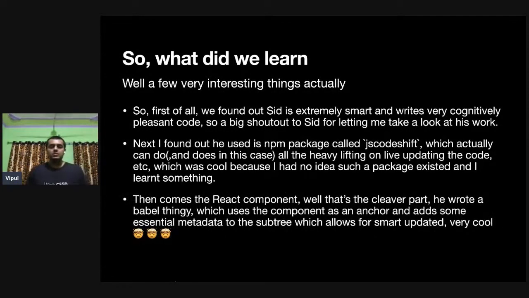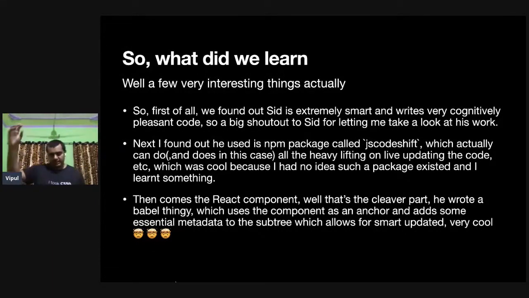Cool. So then the React component. We saw that he uses this particular DevTools component that you have to wrap your whole components in. If you go to the platform, you will see. I was really curious why they have to do that. And I found this part very clever and extremely smart. We just heard that JS CodeShift needs some meta information. So what he does is he uses that component as markers. Everything inside that is a part of DevTools now.